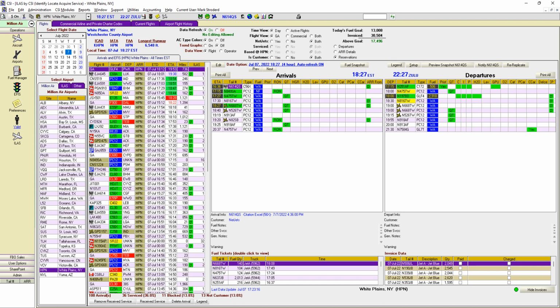So we're on the same screen. We have not looked at a different screen yet. And so now let's look at our previous 9 days of training, and let's see how much of it we see on this screen. So first, looking at the ILAS arrivals, you'll notice in the aircraft type column that all